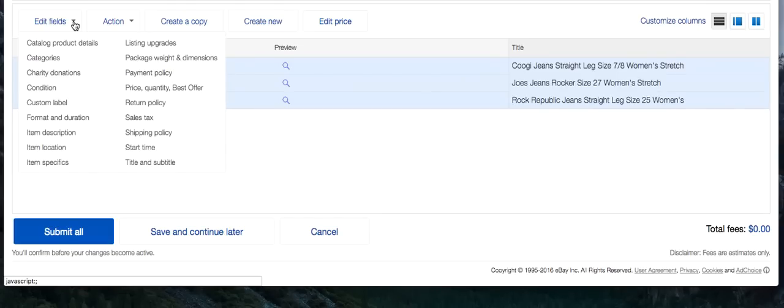And then you can see there's lots of options you can change here. You could change your condition on all 3, you could change the description, the start time, whatever you really want. I mean, it's a great tool for just basically making changes to your listings in bulk. But we want to change the price. So I'm going to select price,